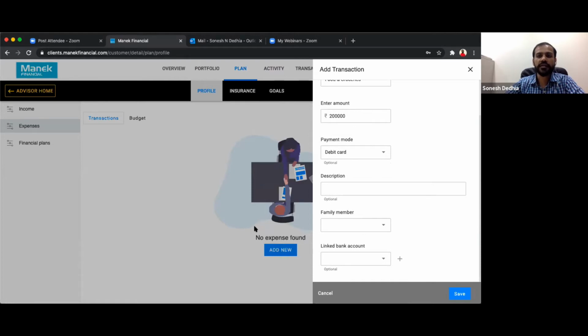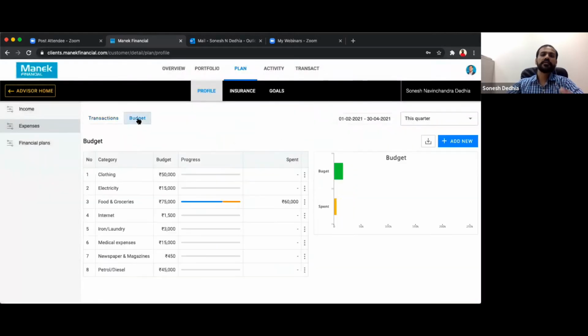And once I add those details here, the system will start evaluating the progress. Like, for example, in this case, the expenses that I was expecting while budgeting was 75,000, but I spent only 60,000. So that is something on the transaction part, where you'll be able to see that the spend was less.